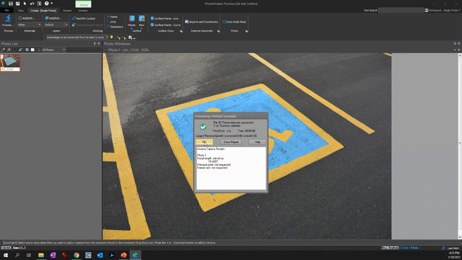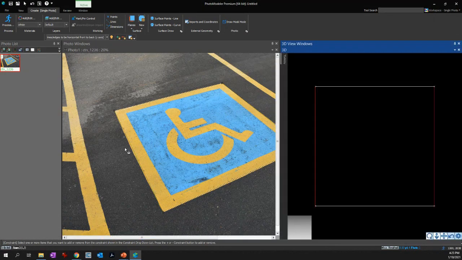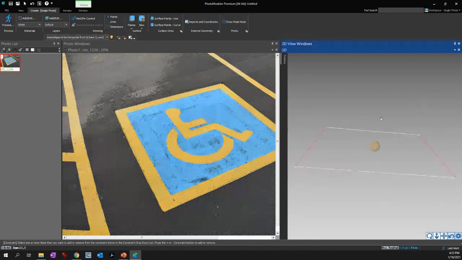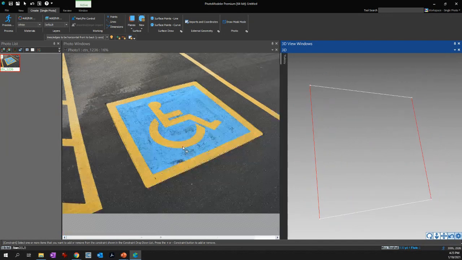So it's done something here. It says, yeah, was able to do something with this. And so let's have a look at it in 3D. So I'm going to bring that up. So you can see I've got a square basically here, and so it's figured out that it's a square. That's great, but we want to go a bit further than this because we want to know that we want